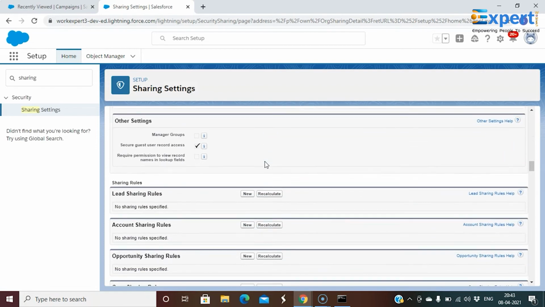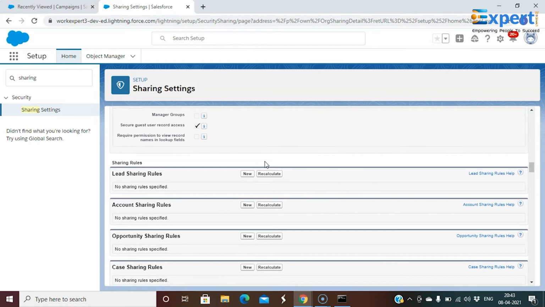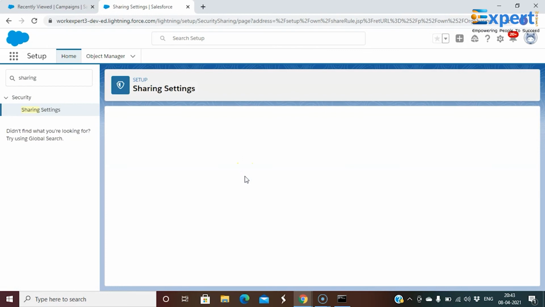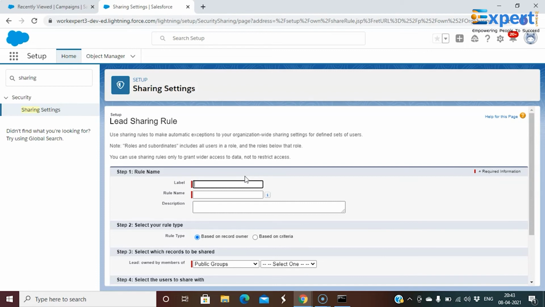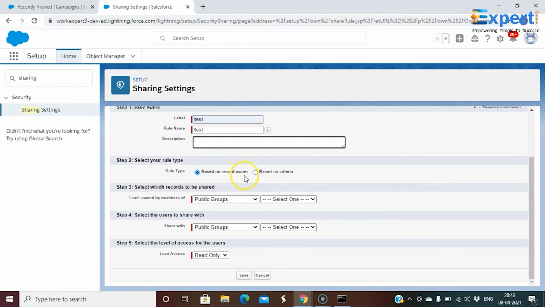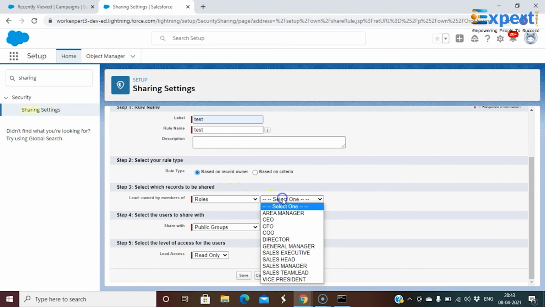Now we have something called sharing rules. Okay, sharing rules are nothing but, let's say we get a scenario. We want to share records which are owned by someone with others. So we can share the records on a record owner basis or criteria basis also. So I'll give, for example, test, and then you want to share the records owner-wise. So the records which have been owned by, I want to share with some other roles. For example, let's say